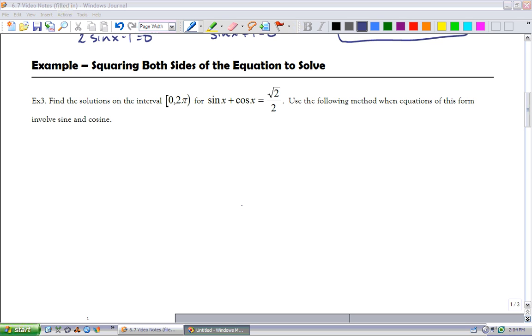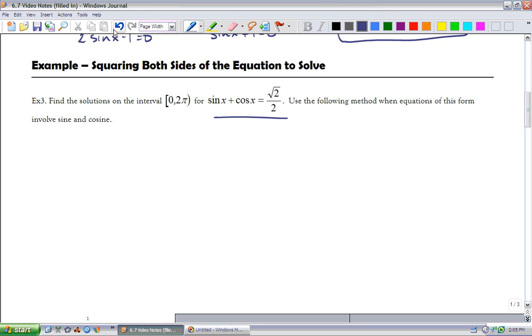Okay, we're going to get into some different techniques for solving equations. One of the techniques we can use when we have an equation of this format that involves sine and cosine is we can square both sides of the equation. Now, one thing that we have to caution whenever we square both sides, we have to look